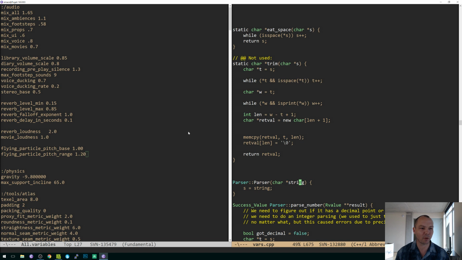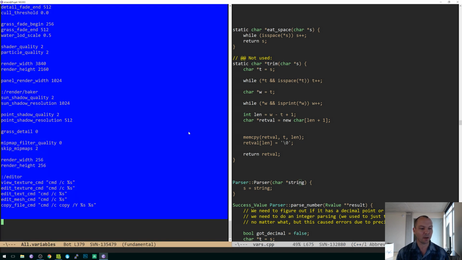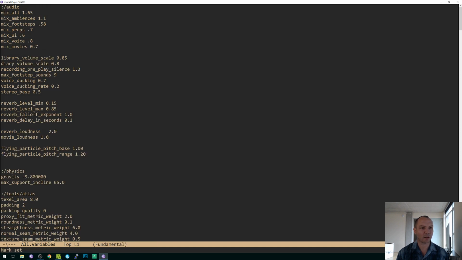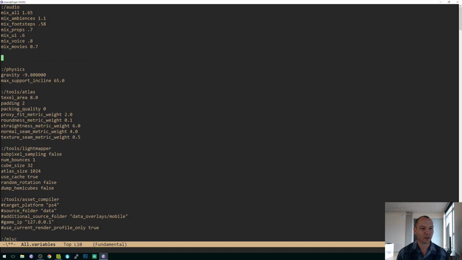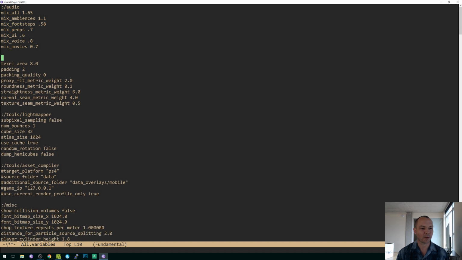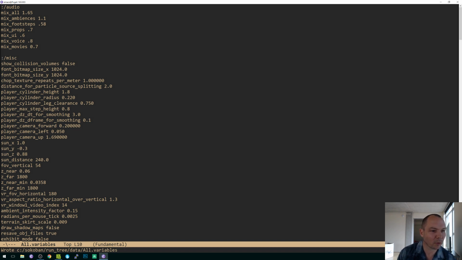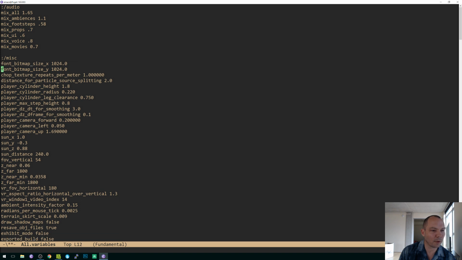While I'm waiting for questions, I'm going to start just by copying this file, because we want a sample file to work on. So I'm going to copy this into the new project, Sokoban, run tree, data, all that, variables. And I'm going to delete most of the variables. You know, because we just want enough to be an example right now. I don't know, that's pretty good, and then